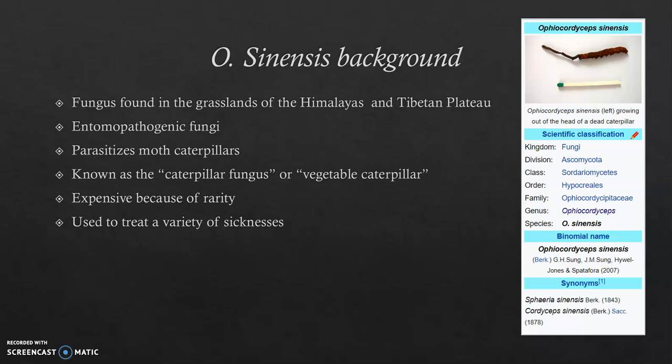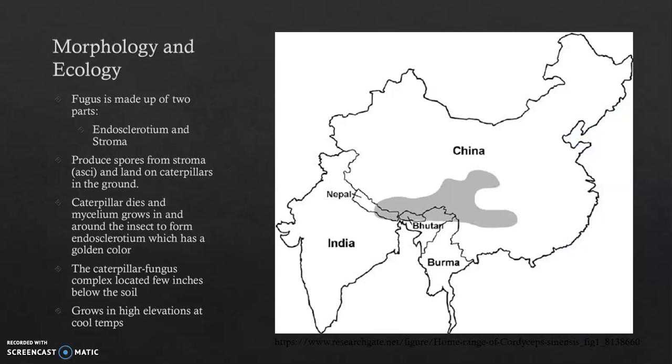And it's used to treat a variety of sicknesses. So a little bit about the morphology and ecology of this fungus is that it's made up of two parts, the endosclerotium and the stroma. The stroma is what produces spores, and the endosclerotium is kind of the sarcophagus-looking caterpillar, which is covered in mycelium, both inside and out. And this caterpillar fungus complex is located just a few inches beneath the soil, and like I said, it grows at high elevations, and you can see this gray area is the natural zone